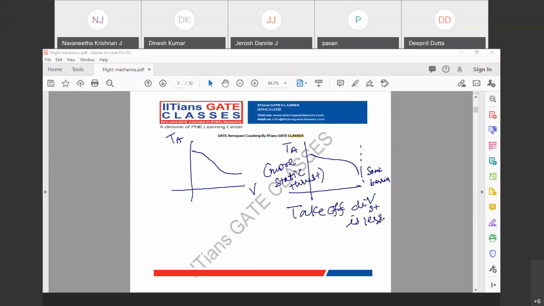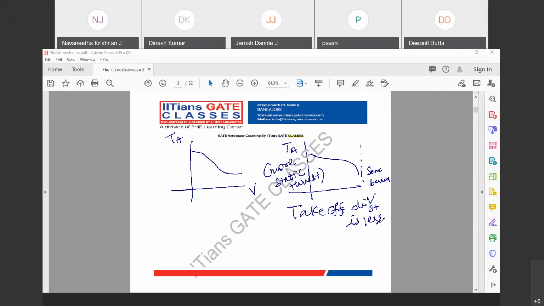Since a jet engine aircraft doesn't produce any static thrust at all, it is only when the turbine starts rotating, that rotates your compressor, thereby compression takes place, which in turn produces a difference in velocity, which causes forward motion called thrust. So there is no static thrust. So a jet engine aircraft can only perform at a higher speed, whereby the takeoff distance required for a jet engine aircraft is more compared to a piston engine aircraft.